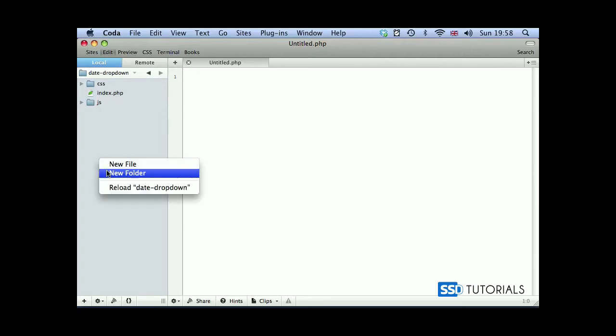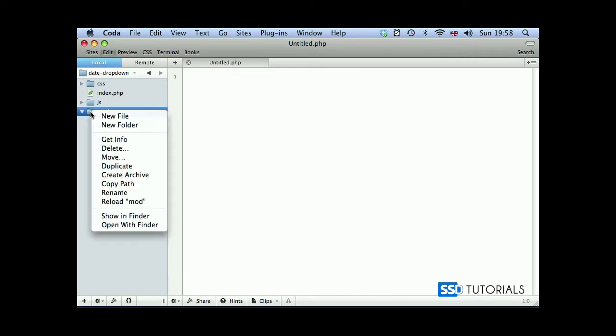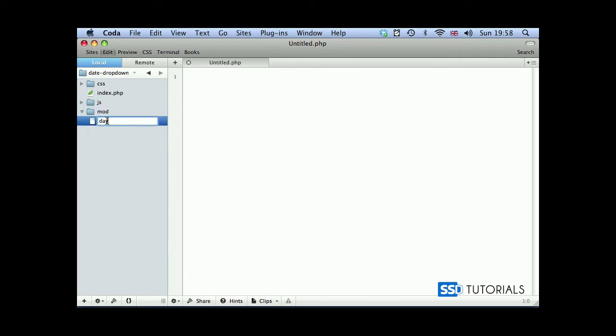Now let's create a new folder inside of the root of our project called mod. And inside of this folder, we're going to create a file called day.php. Inside of the day.php, we start with the opening PHP tag. And because we're using the getJSON jQuery method to call this file, and JSON uses a GET request, so we need